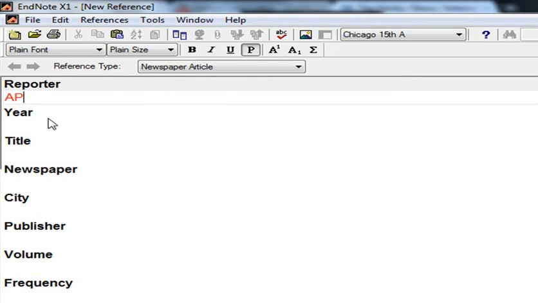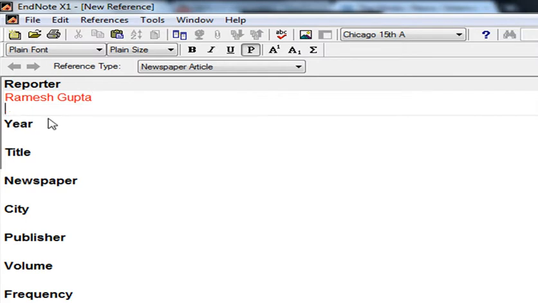For example, if there is some reporter of this news item, and the name is Ramesh Gupta, then this is the writing style. If there are more than one reporter, then just press enter and write another name, for example Yogesh Kumar, and leave that.